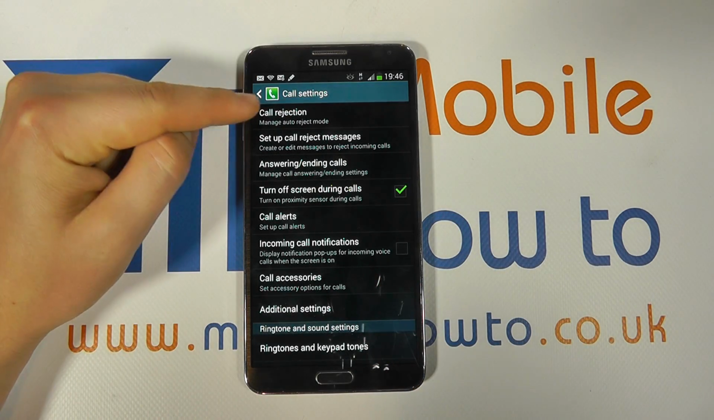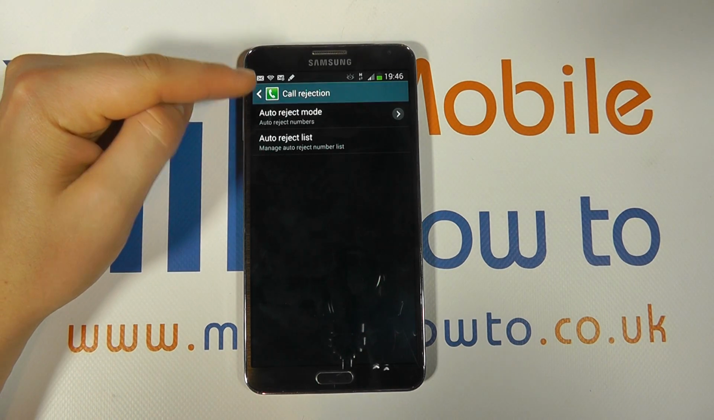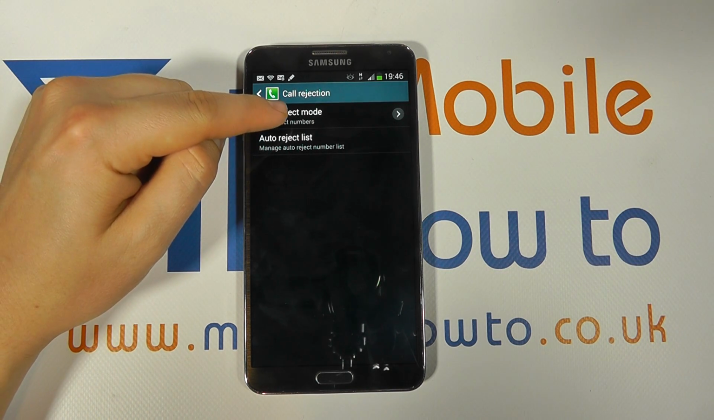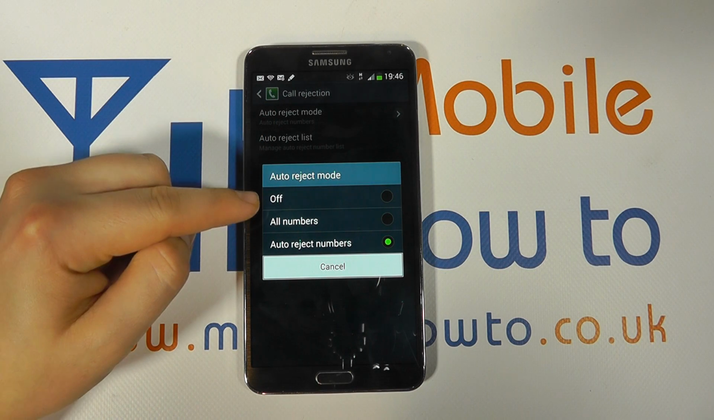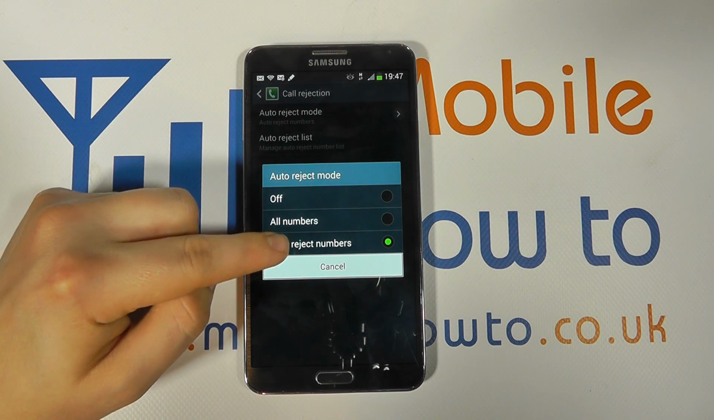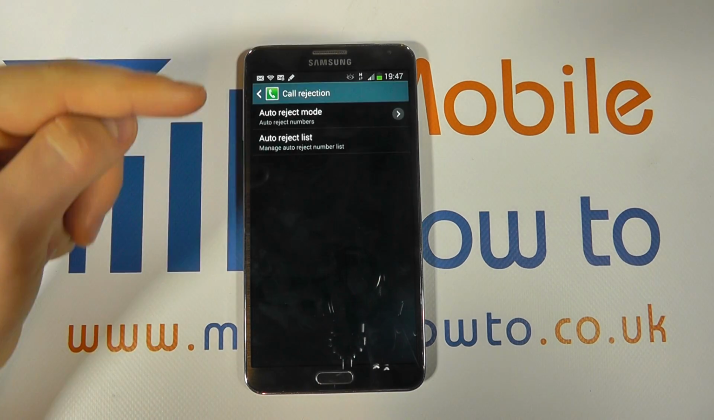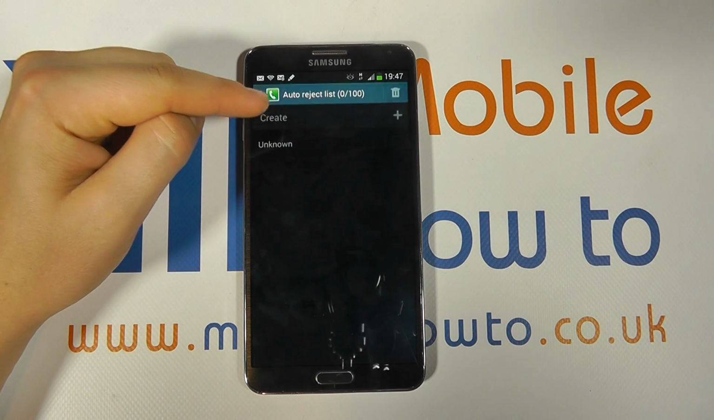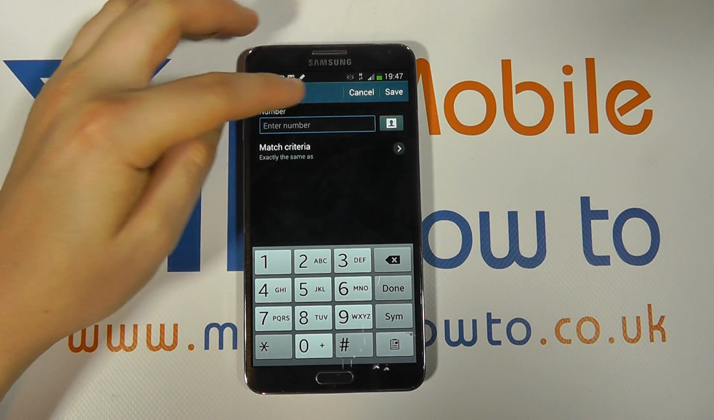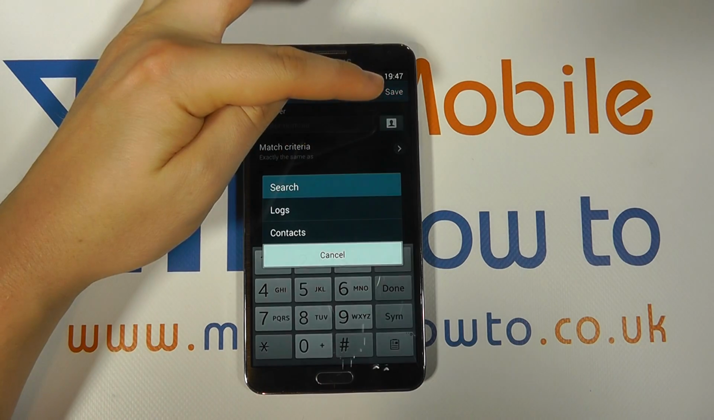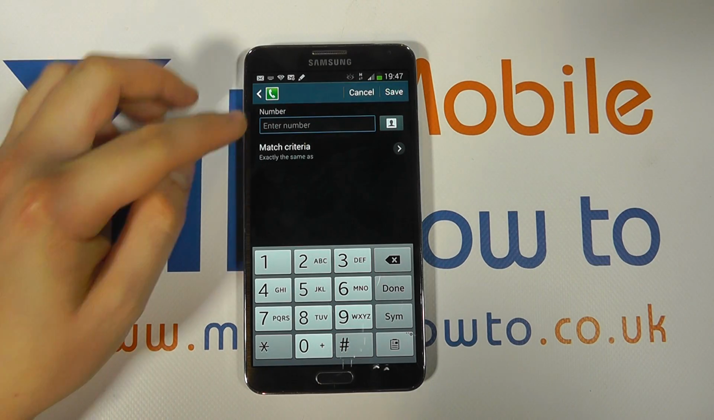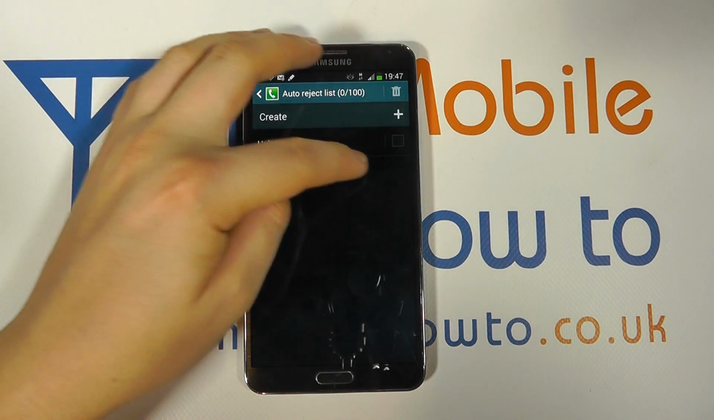So we've got call rejection, so you can manage an auto reject mode. So if you tap into here, you can have an auto reject mode and auto reject list. So auto reject certain numbers, so you can select to have it off, all numbers, or auto reject numbers. Auto reject numbers is probably the best method, because you add to your auto reject list here by tapping in here and adding, and you can search for a particular contact by pressing the icon here from logs or contacts, or you can type in the specific number and then you save it, and the number will appear in this